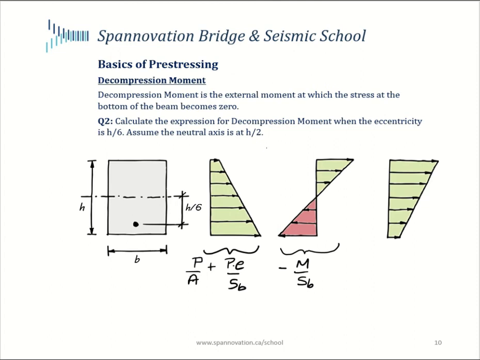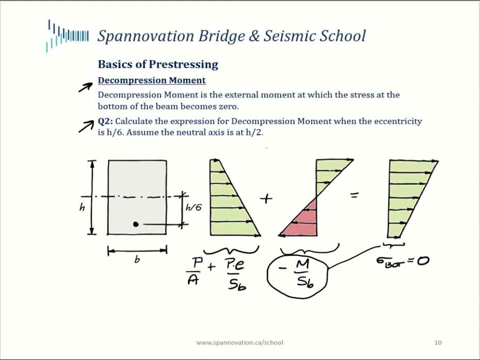So we know this from the previous slide. So the addition of these two would give you the net stress state. Now what the decompression moment means is that as the external moment keeps increasing, or in other words, as this stress from the external moment keeps increasing, then the stress in the bottom fiber keeps reducing. At one point, the stress in the bottom fiber is going to go to zero. And that state is defined as the decompression moment. Okay, so if that is clear, then we can move on to the next step over here,